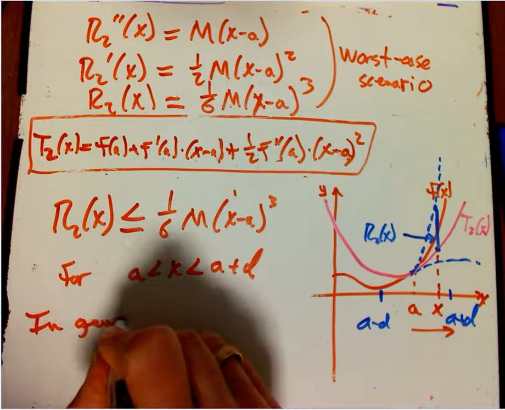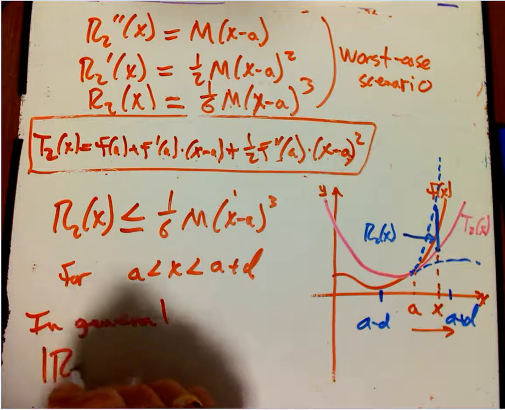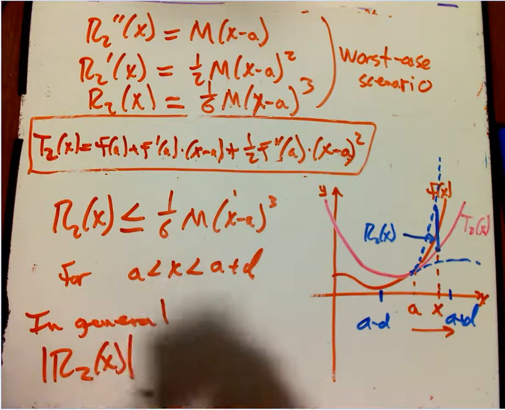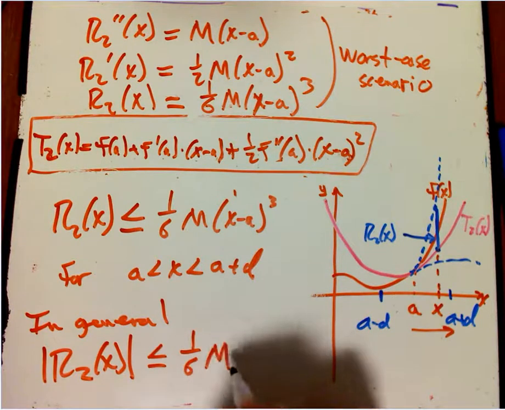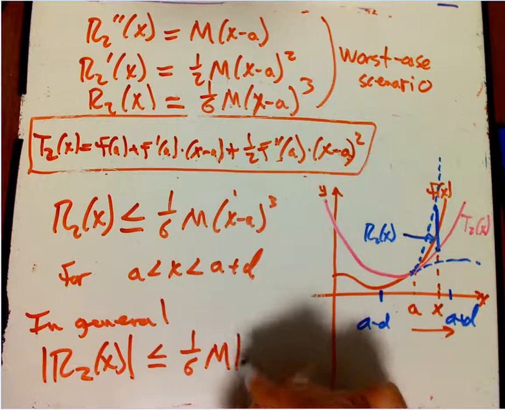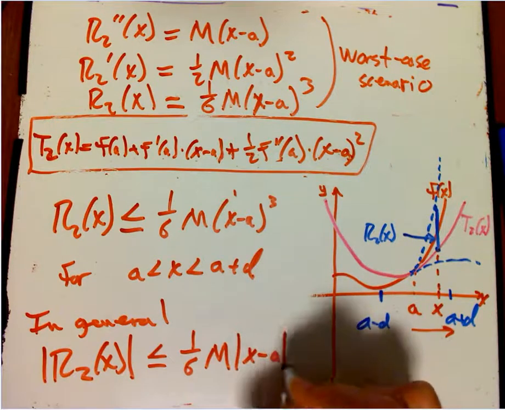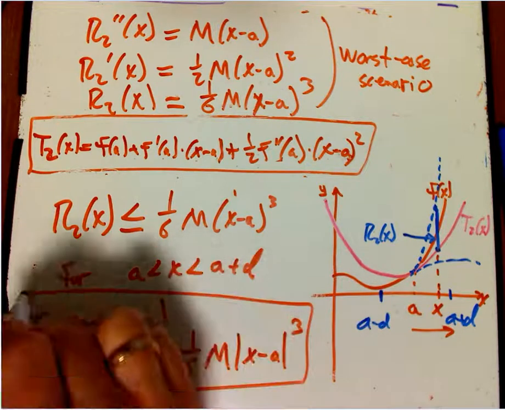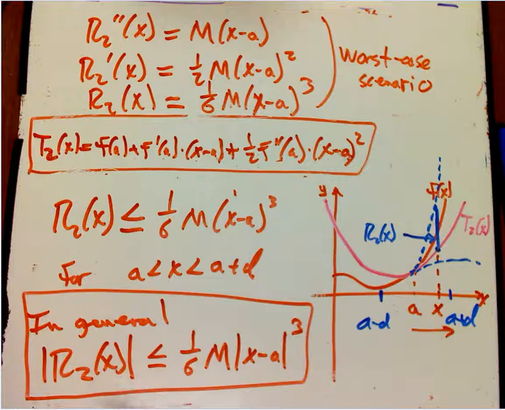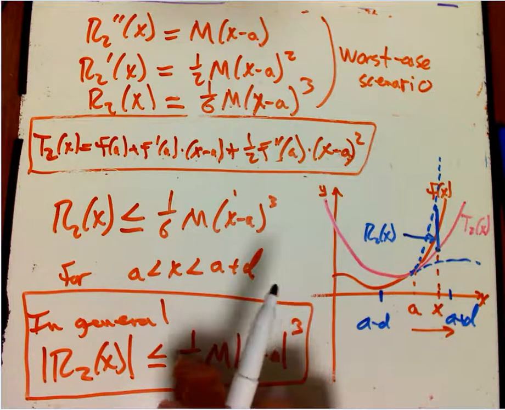In general, the size of that error of the quadratic approximation is less than or equal to 1/6 times that magic number m, that might be tricky to get because it's something about bounds on the third derivative, times the absolute value of x minus a cubed. And there's our error estimate, or error bound, actually, for the remainder, the error in the quadratic approximation. As long as you know something about the third derivative, you're going to be able to get m, hopefully. You divide that by 6,